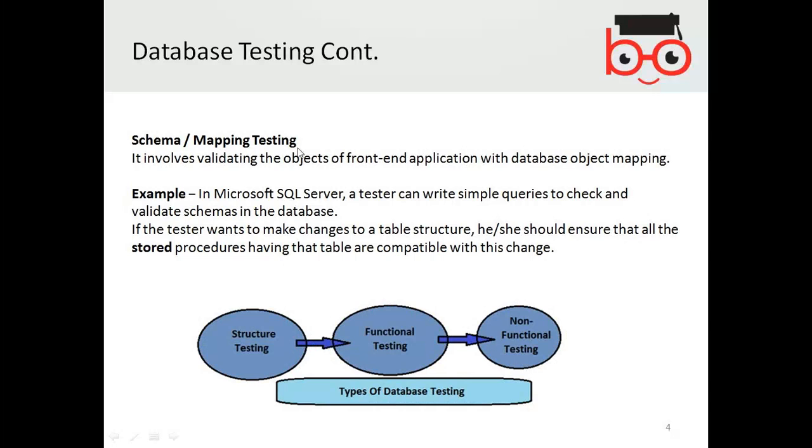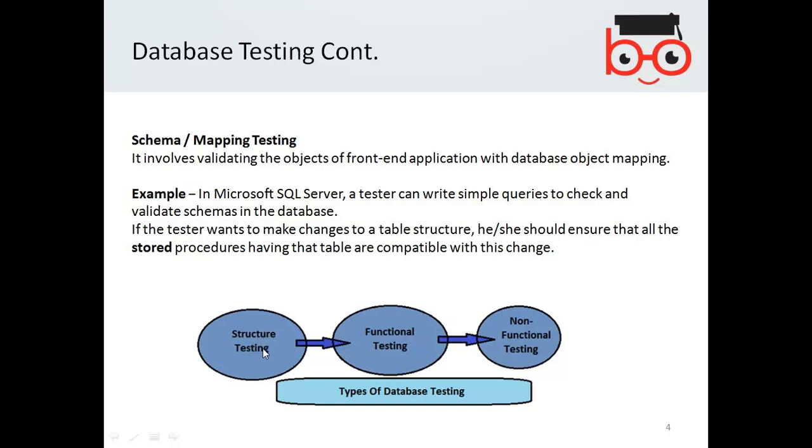Schema mapping testing. Schema testing involves validating the objects of the front-end application with the database mapping. So, for example, in Microsoft SQL Server, a tester can write simple queries to check and validate schemas in the database. If the tester wants to make changes to the table structure, he or she should ensure that all the stored procedures are compatible with this change. For example,